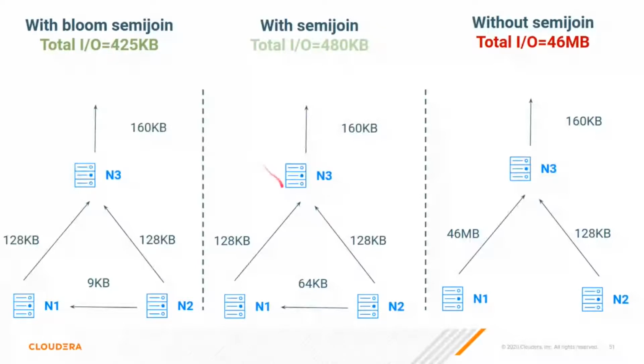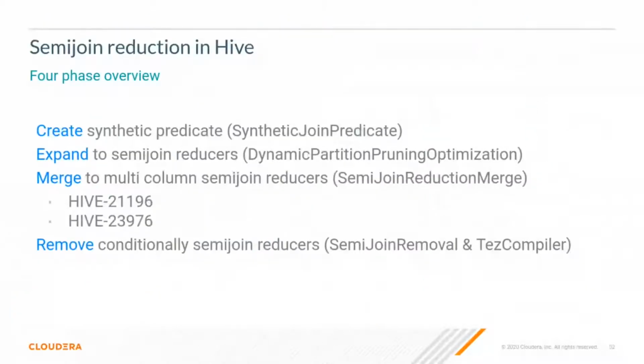Now, just a quick overview of how it is done in Hive. Basically, it is divided into 4 phases. The first phase creates some synthetic predicates on the side of the fact table. Then this synthetic predicate is expanded to create the semi-join branches. And afterwards, because we have only single column semi-join branches, we have a phase that merges these single column semi-join reducers to multi-column ones, improving